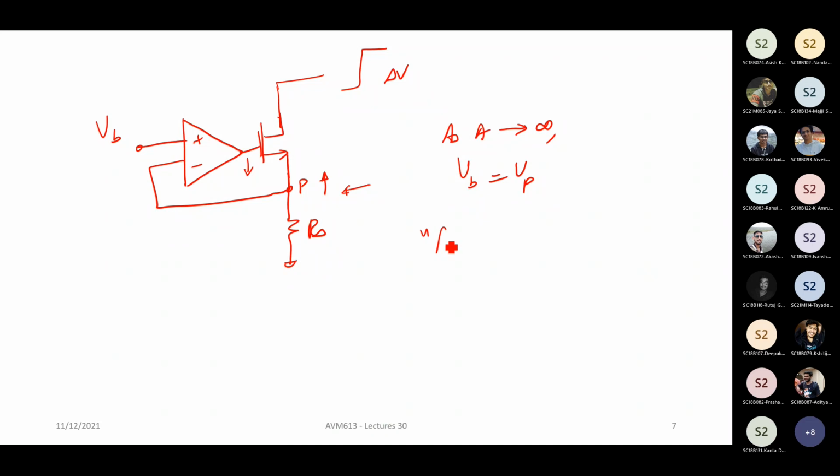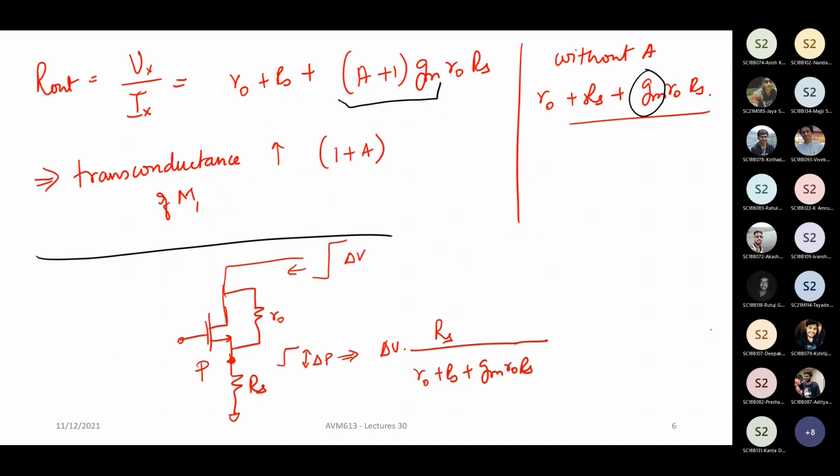Which is why it is called the regulated cascode. All right, it's called a regulated cascode. In other words, VP tracks this input voltage VB. So another name for this gain booster transistor is regulated cascode. This is another way to understand this. If your A tends to infinity, this node P will not shift at all. It will still remain the same, right? Which means that your output impedance goes towards infinity, which is the same result that we got through all our small signal analysis and understanding.